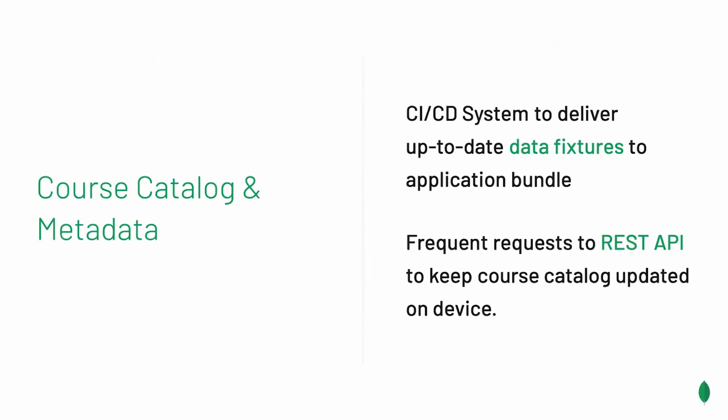So the first feature is unidirectional, keeping the course catalog up to date. To reduce the initial launch burden, we baked in the latest course catalog in the application bundle and use that as a starting point for our Realm database. From there, the device needs to make frequent requests to our catalog REST API to keep the course catalog up to date. The app is responsible for keeping track of the last time that this update happened, as well as sending off any of the network requests, parsing the JSON payloads, and updating the Realm database.